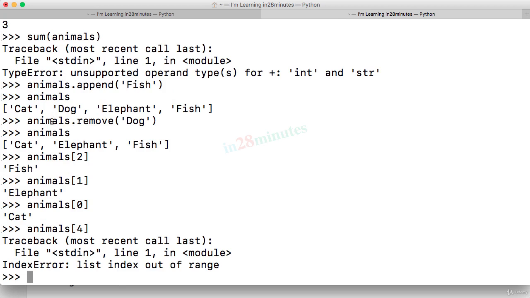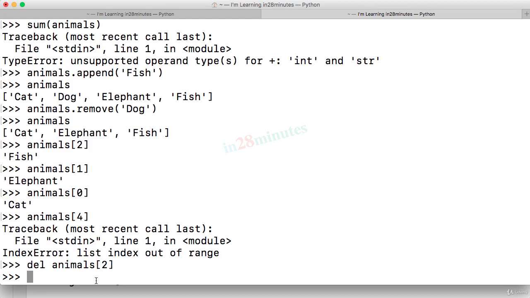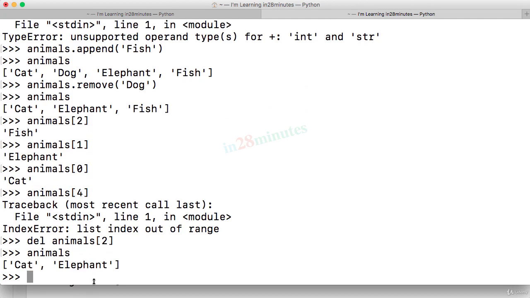index error. One of the important things to remember when it comes to lists is the difference between animals.remove and del. So animals.remove would remove the specified element from the list. Here we are specifying the actual value of the element. However, when we do del animals of 2, what we are specifying is the index. So when you want to remove an element specifying its value, you would use remove. When you want to remove an element specifying its index, you would use del. So you can see del animals of 2. What would happen? You can see that cat, elephant, and the last one, which is at index 2, fish, that